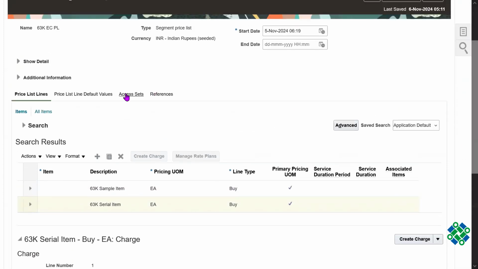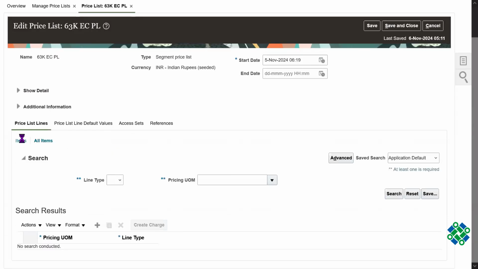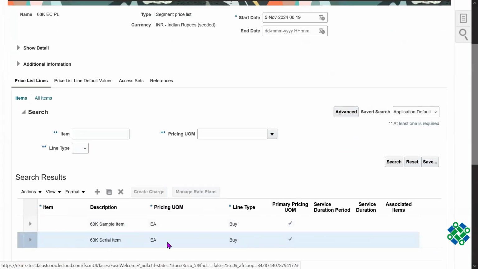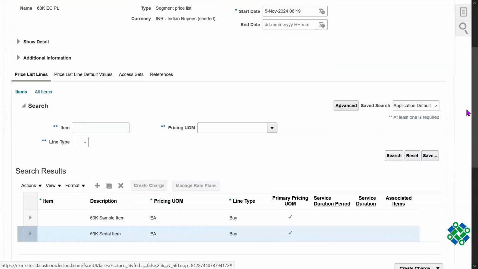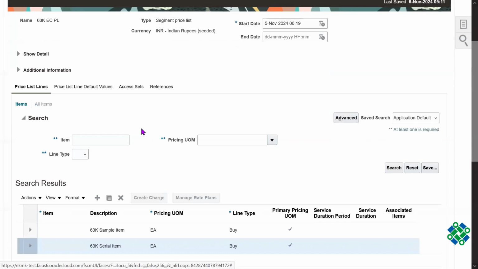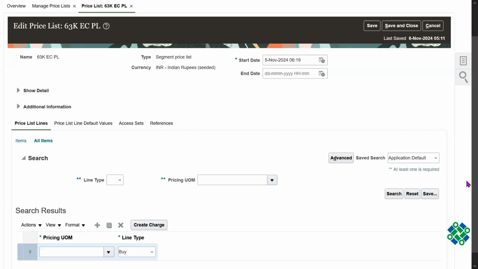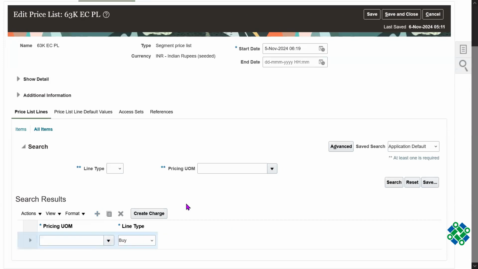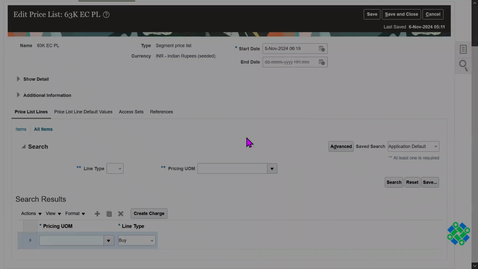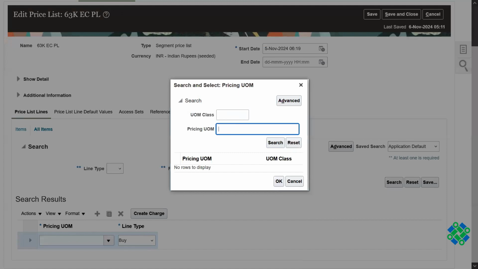Okay. And as I mentioned, before going to the second tab, I will talk about the all items. Individually, you can load the item cost, nothing but selling price, or you can also load the default selling price. If you click on all items and hit the plus button, if any item has this unit of measure,